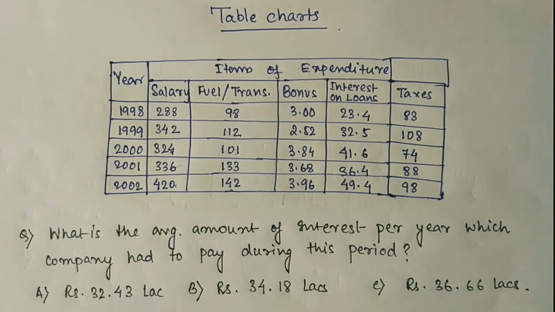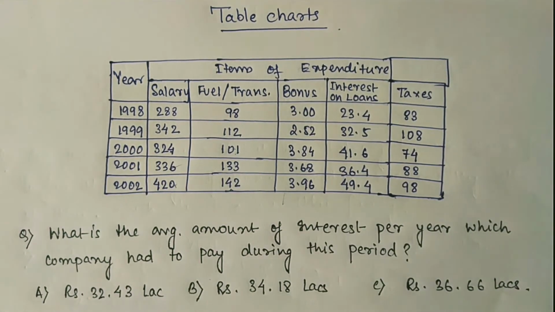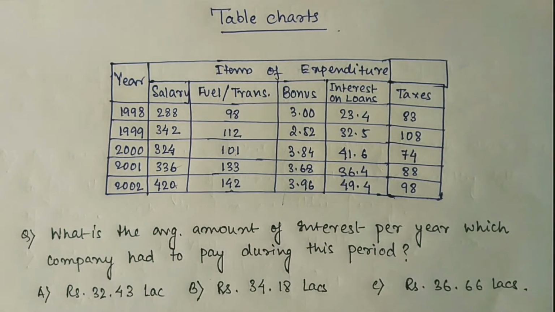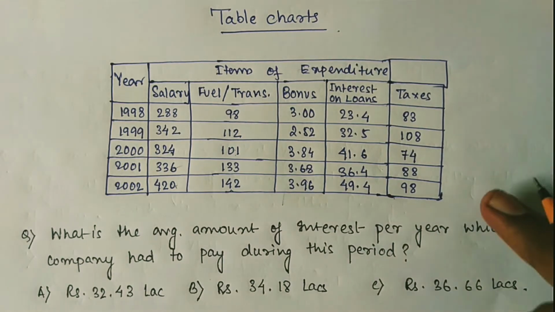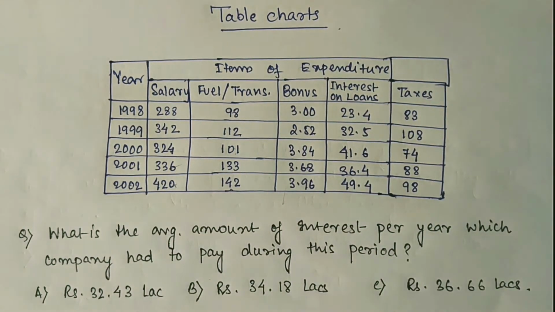Generally on table charts, one table is given in the question paper, and 4 to 5 questions will be asked on the same table itself. Different segments of mathematical and arithmetical questions will be asked on it. Here we have taken an example of a table, and we are going to solve two questions on this table, which will give you an idea about how to solve table chart problems, because tables have no theory to theorize the concepts. So there's no theory in this chapter, which is a good part.